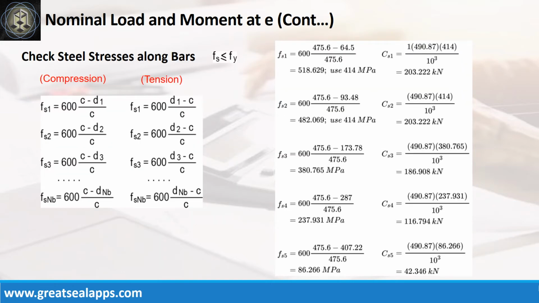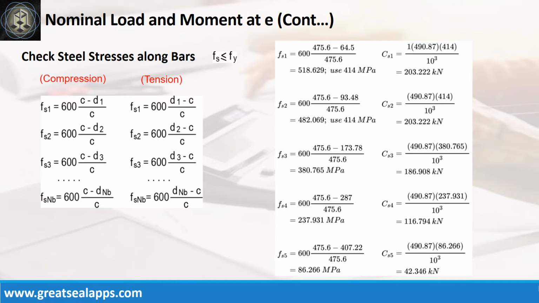Follow the given computations for stress and force of each bar. Stress at d1 equals 414 MPa with compressive force equals 203.222 kN. Stress at d2 equals 414 MPa with compressive force equals 203.222 kN. Stress at d3 equals 380.765 MPa with compressive force equals